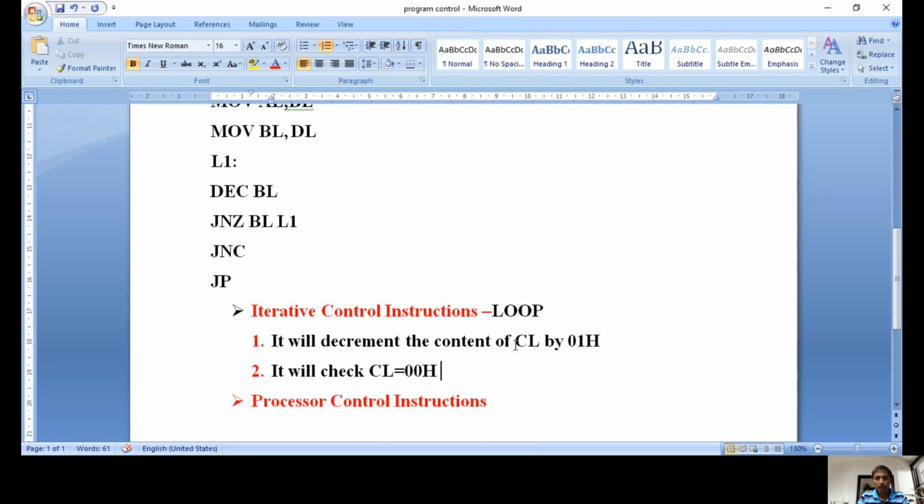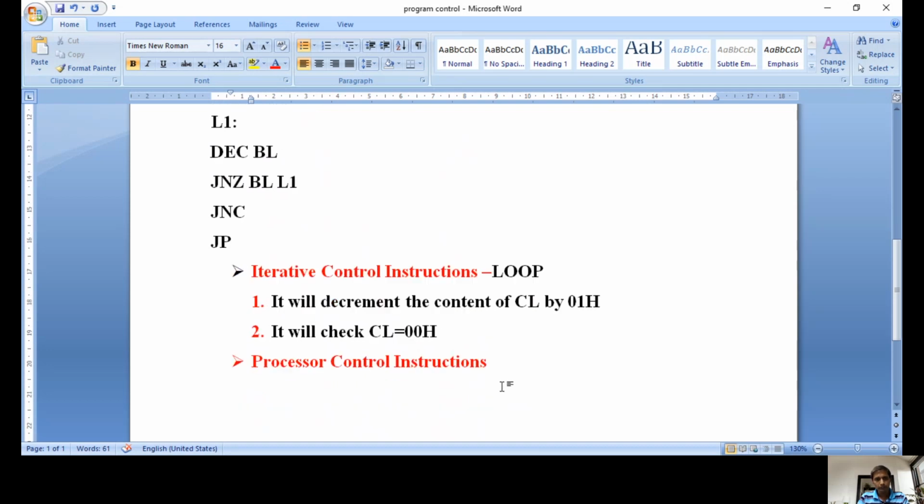For every LOOP instruction, it performs two functions: the content of CL is decremented by 1, and it checks whether CL is 00 or not. These two apply for all loop instructions, and we use only the count register, CL for 8-bit, CX for 16-bit.